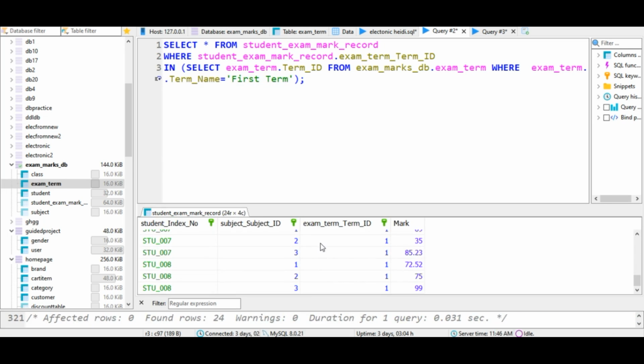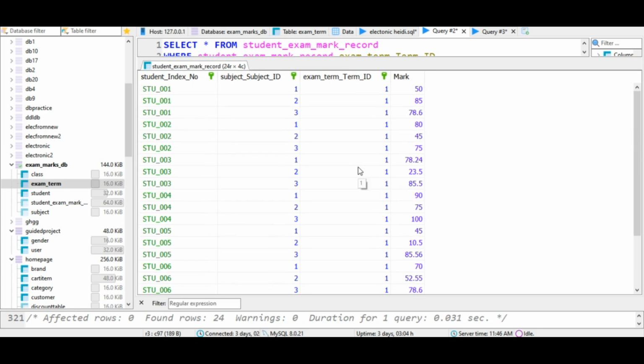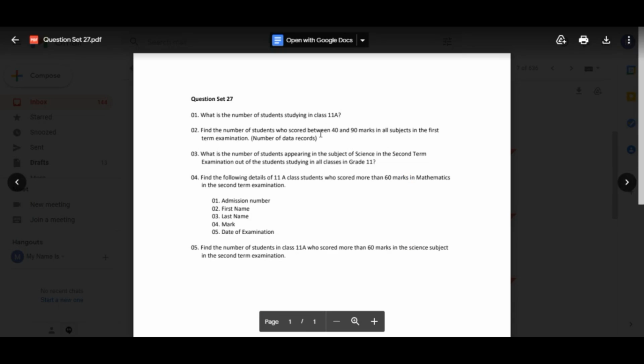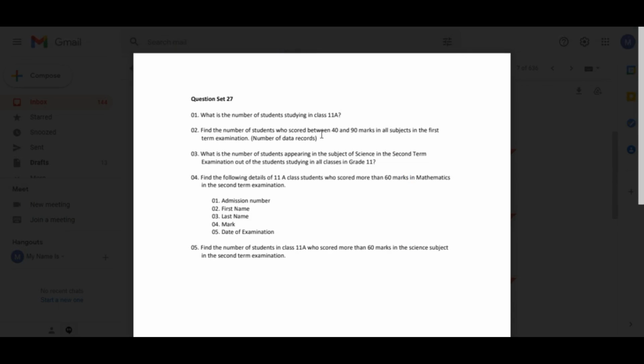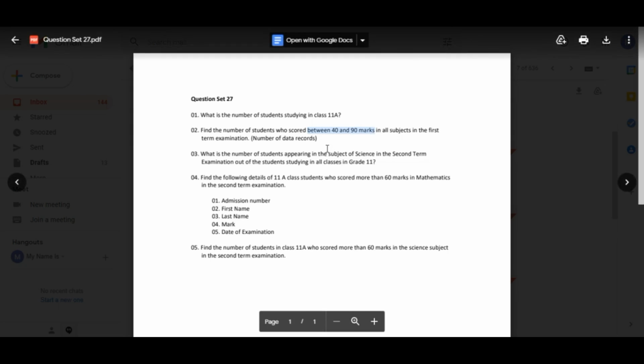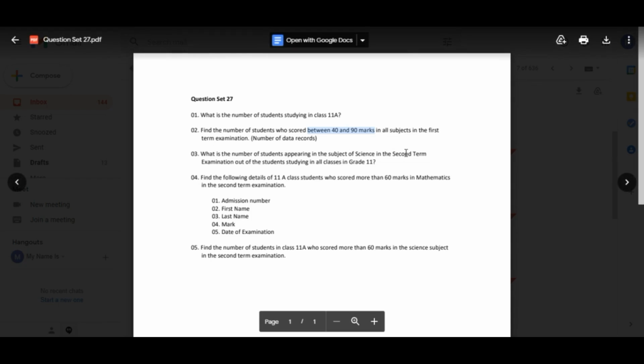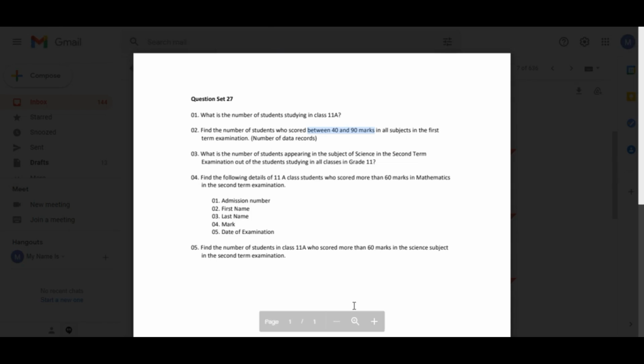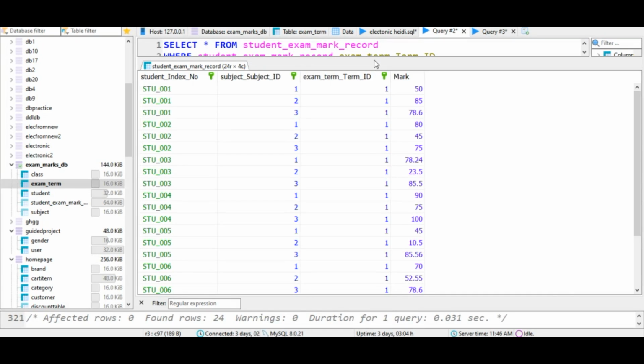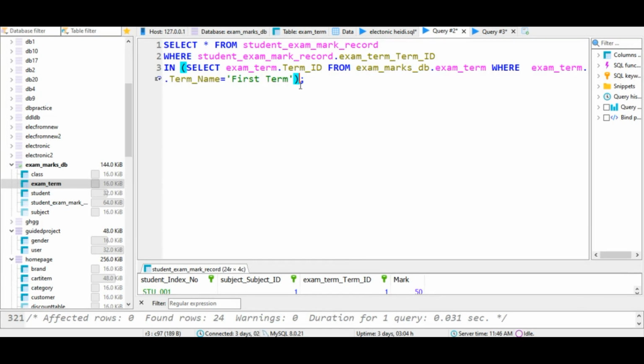Yeah, okay, it's a typing mistake, I guess. So this is the student who's... okay, but now we have to mention the score, the marks that has been scored in the first term examination. So this is the next condition, so therefore you have to say